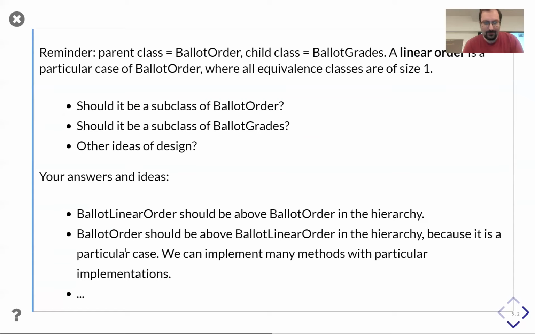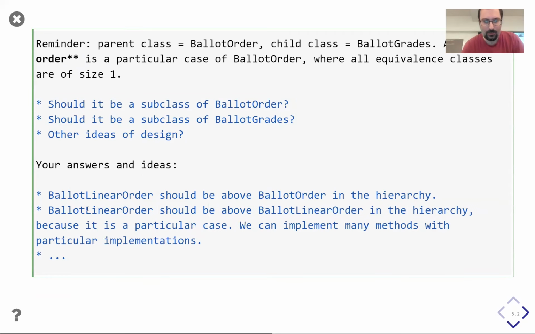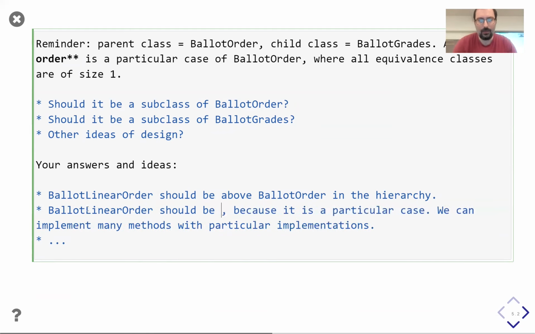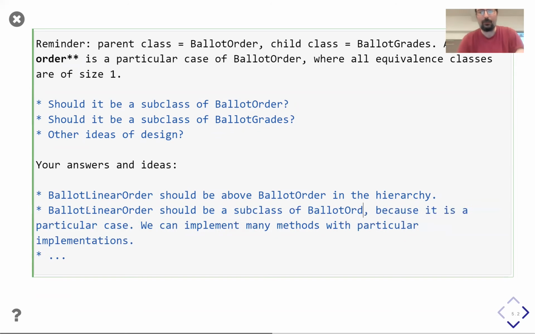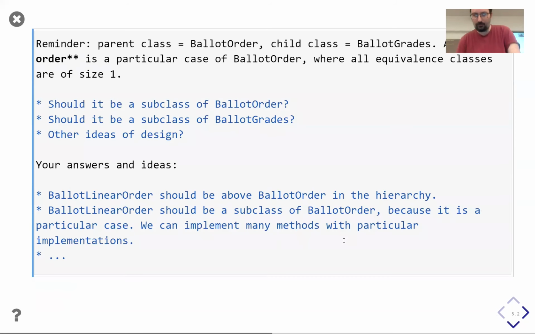By the way, I will write it the other way: linear order should be a subclass of ballot order. So I just rephrase what was written. If you want it to be a class, clearly that should be the solution.